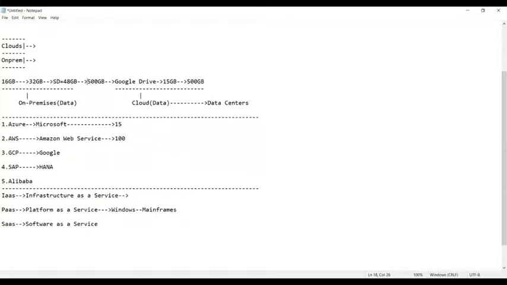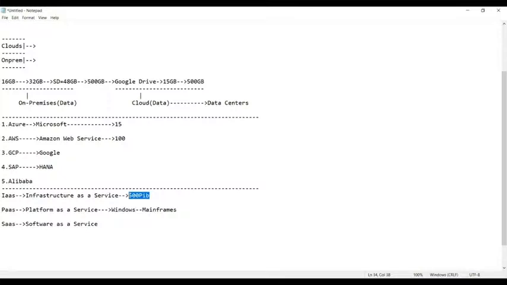Now the next one, suppose you require to store data. Same as I told you in the example, I have some 48 GB of data now, and I want to extend it to 500 TB, that means terabytes, or PB, that is petabytes. So I want to store 500 petabytes of data.